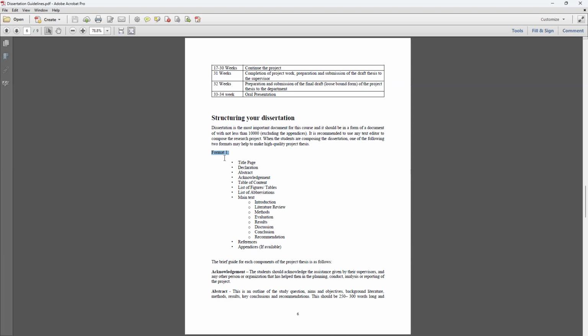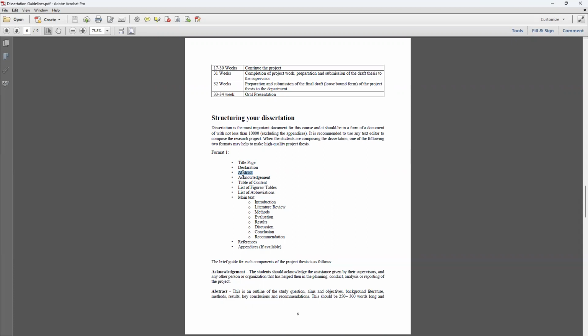So basically, in your dissertation, as I have written a couple of dissertations throughout my life for my degree, the main thing is you need to have a proper title page, and you have to have a declaration, and then an abstract. Abstract means the essence of your research. Only one or two paragraphs, you have to summarize what you have done and what the conclusion is. So you can only write the abstract once you finish the research.